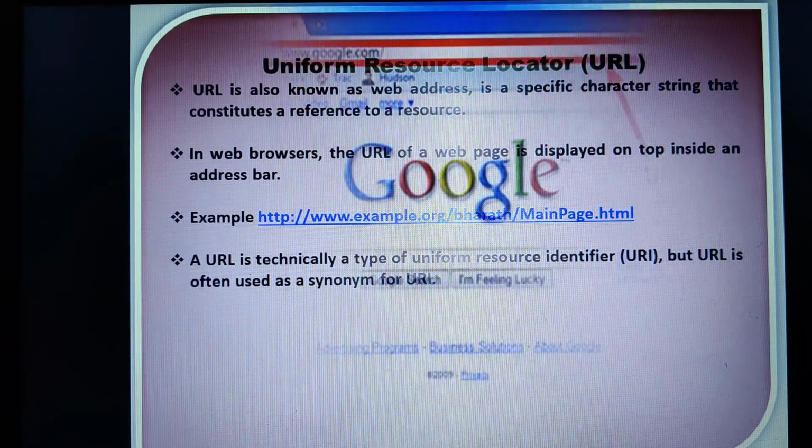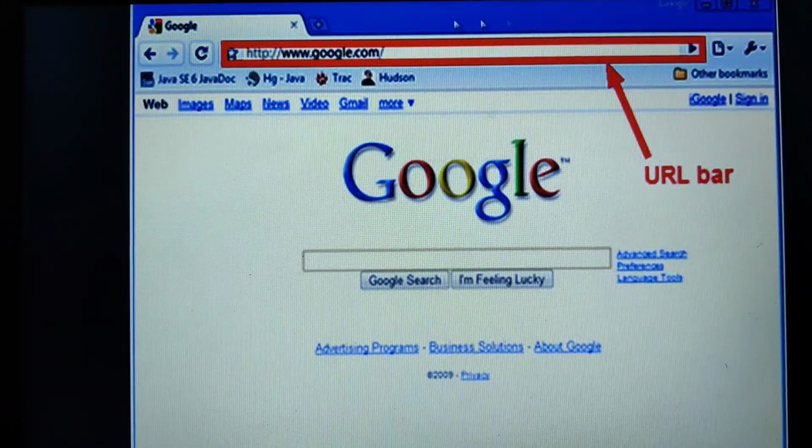Now here is an example. This is a URL that appears at this internet address, isn't it? So www, this is the HTTP protocol, www.google.com. Initially it was called a URI, Uniform Resource Identifier, which identifies where exactly google.com is.